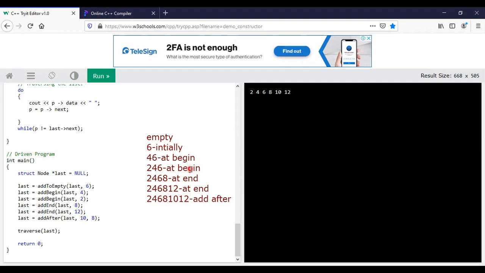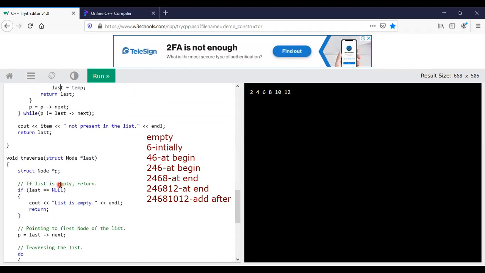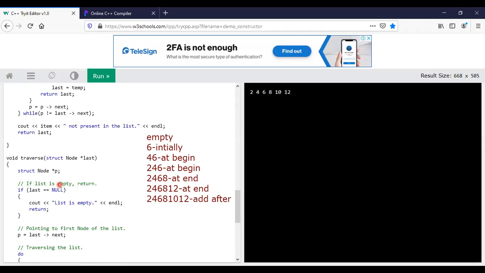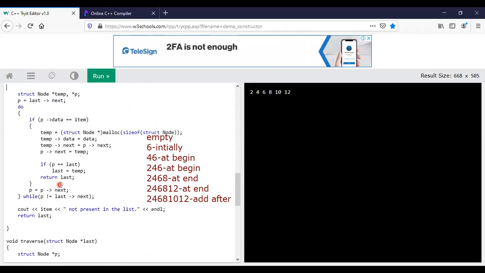So we have seen the first one, insertion while the list is empty, and along with that we have seen other 3 ways to process the node. The first one here is add at the beginning, then next we have chosen the end also, and here we chose the after. So whatever we are performing, how it is going to perform here is, at the after also we need to perform a